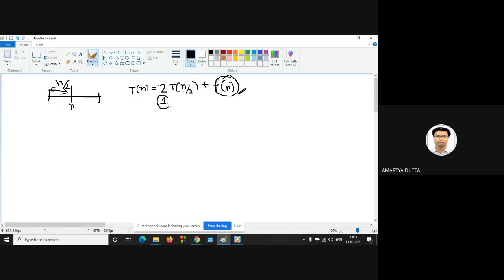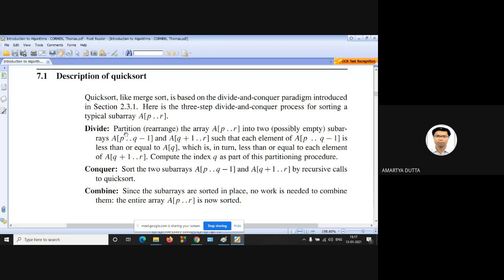So this is 1 for binary search, and for quick sort and merge sort this is 2. Depending upon the recurrence relation, you can easily find out the complexity for quick sort, merge sort, binary search, etc.